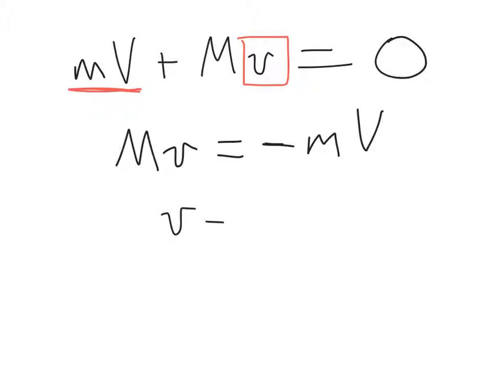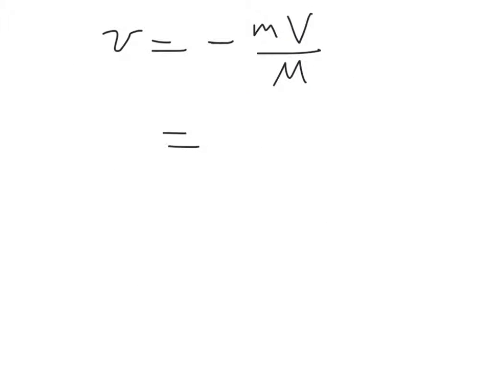So we have little v is going to be minus little m times big V divided by big M. And when we plug in the numbers, we get that this is going to be equal to, so we have, again, sorry, I'm on another slide here. We have little v here, which is what we're trying to solve for. That's the velocity of the gun after we pull the trigger. It's equal to minus m big V over big M. So that works out to be, when we plug in the numbers, we get minus,